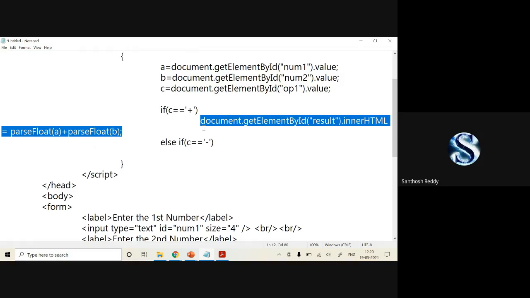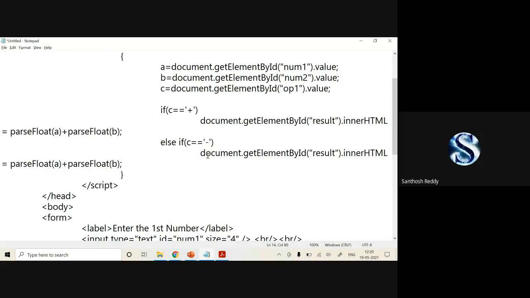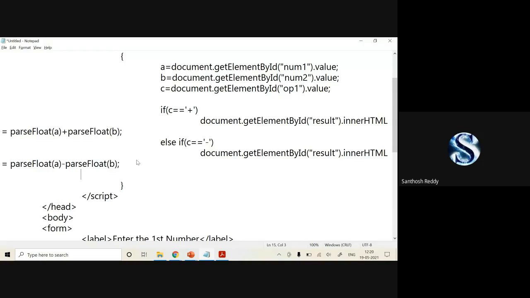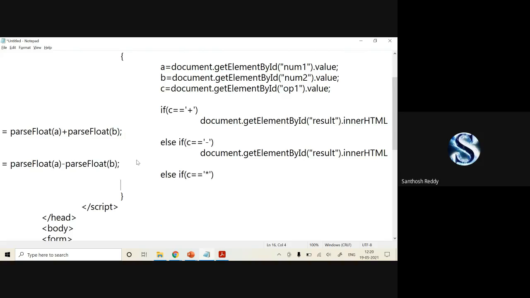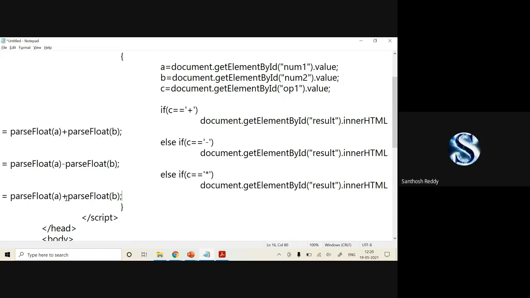The same thing, Control C, Control V. Here you need to change just your symbol to minus. That's it. Same way again you have to work with else if C is equal to, if they have selected multiplication, you work like this. That's it. Just change your symbol here to star.